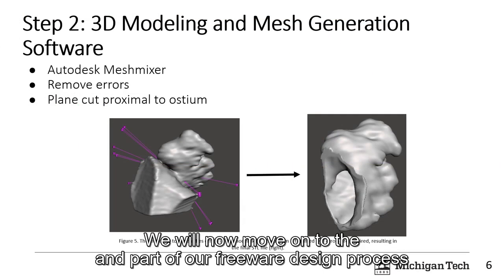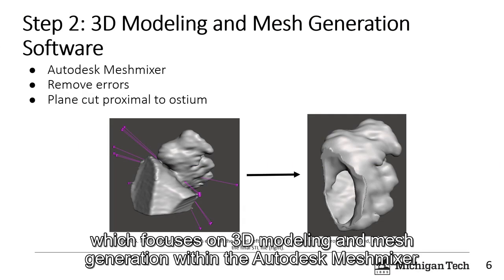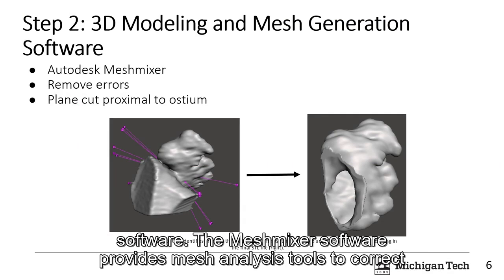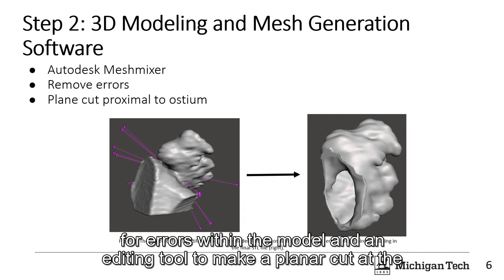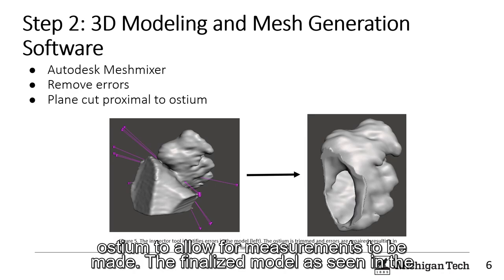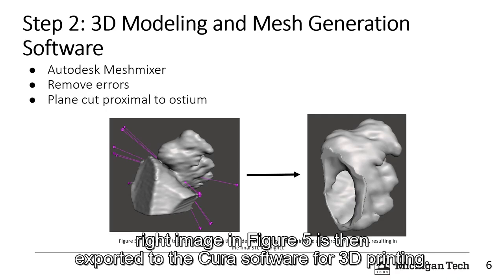We will now move on to the second part of our freeware design process, which focuses on 3D modeling and mesh generation within the Autodesk Meshmixer software. The Meshmixer software provides mesh analysis tools to correct for errors within the model, and an editing tool to make a planar cut at the ostium to allow for measurements to be made. The finalized model, as seen in the right image in Figure 5, is then exported to the Cura software for